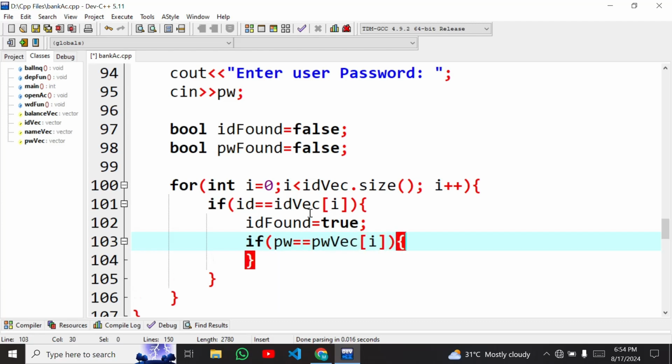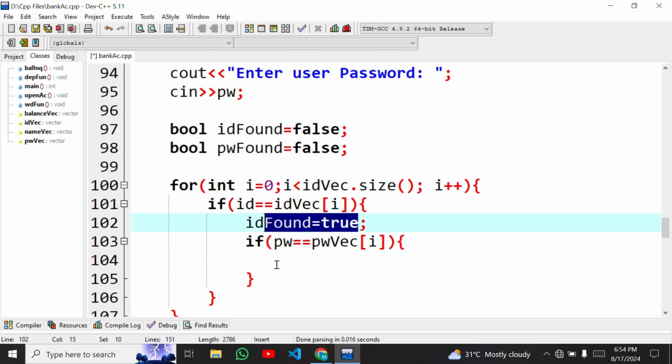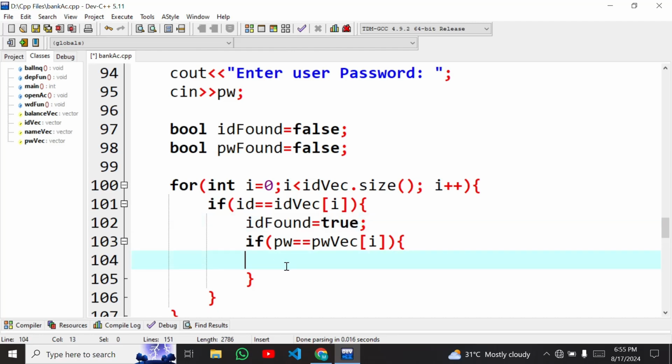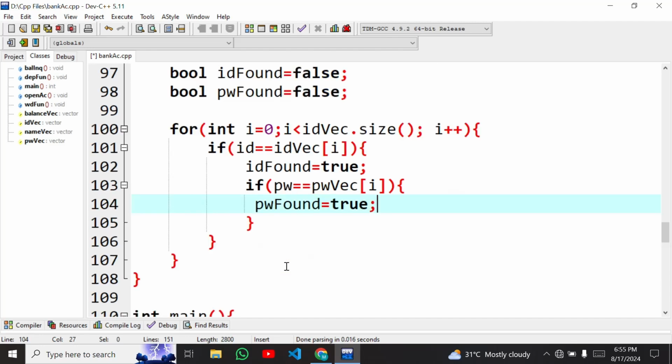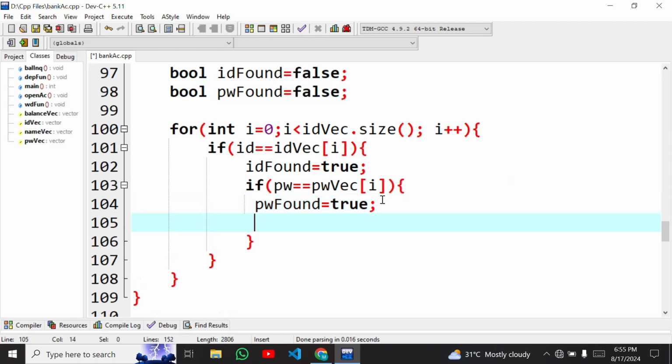Okay, so it can match with any index, but if it does not match with any index, then this flag will remain false. Okay, so here we will set this flag true. So this is password found. Okay, password found, and I will set it true. So next if both ID and password are correct, then we have to print name and balance of